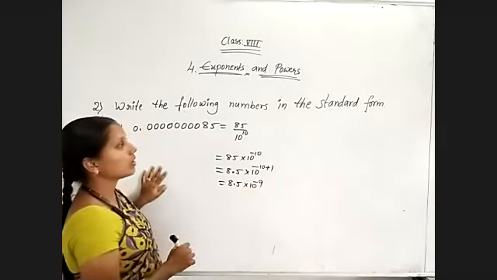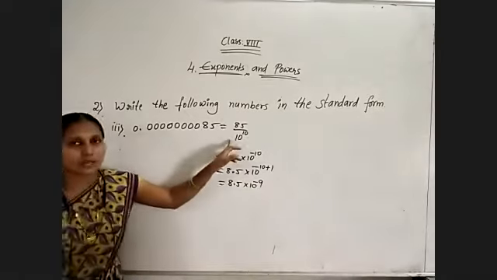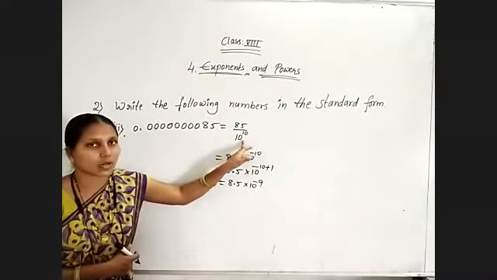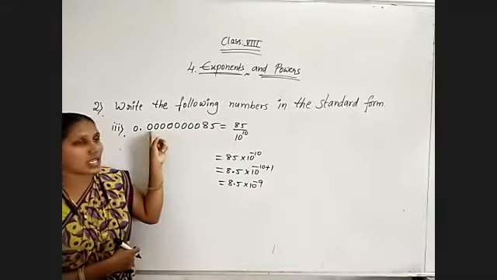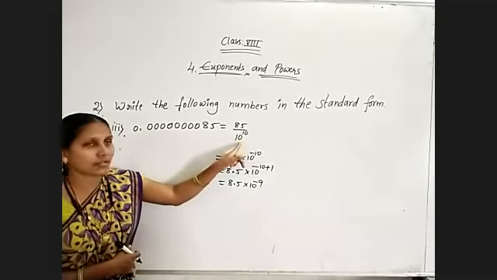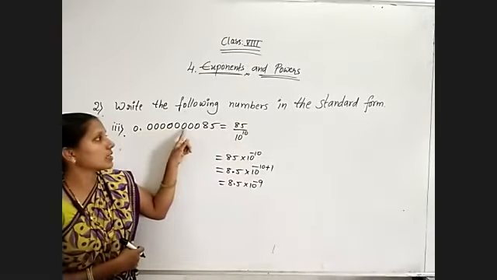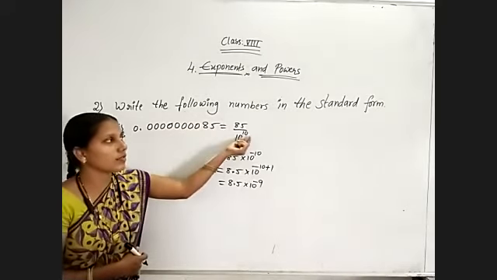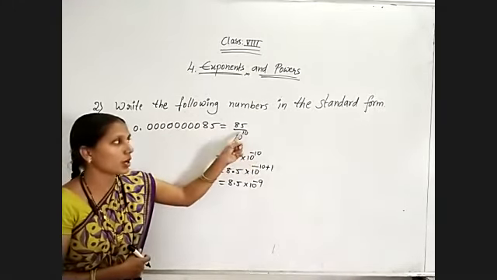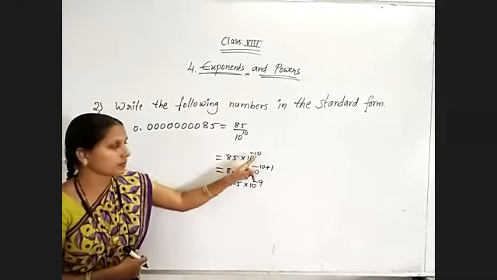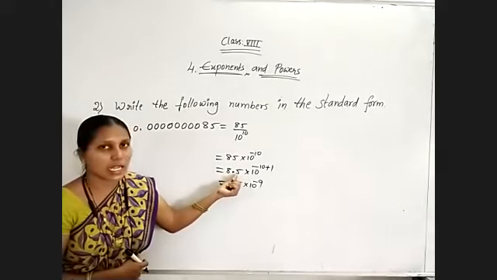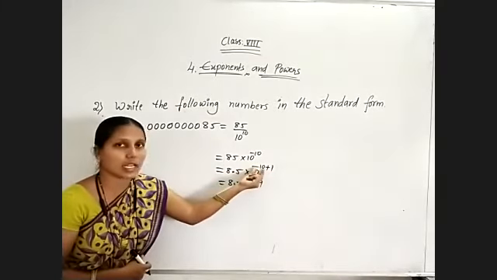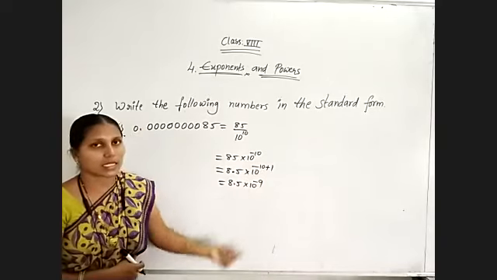That's all. First try to write its fractional form, and then directly use the exponent. Since we have solved so many problems, it is now easy to understand. How many decimal digits are there? That much power you must write for 10, which is 10 to the power of 10. By bringing it to the numerator, the positive power becomes negative, minus 10. Here it is not in decimal form, so I am converting it into decimal form. 8.5, only one decimal digit I have chosen, so I am adding 1 to the exponent of 10. Then it becomes minus 9, that's it.